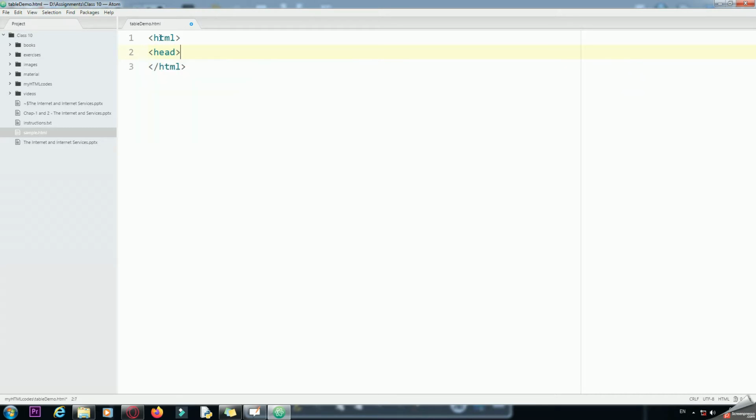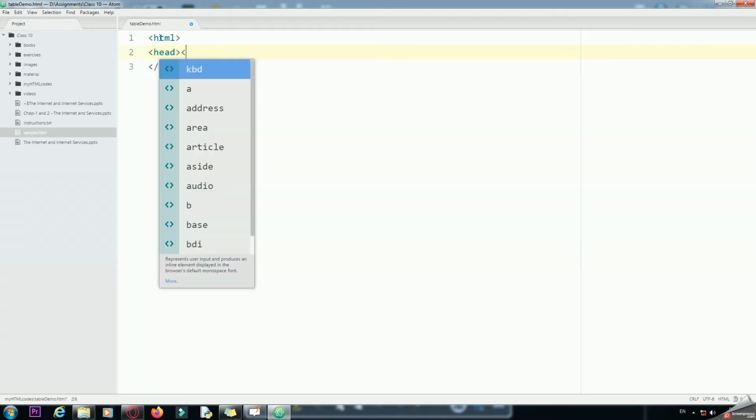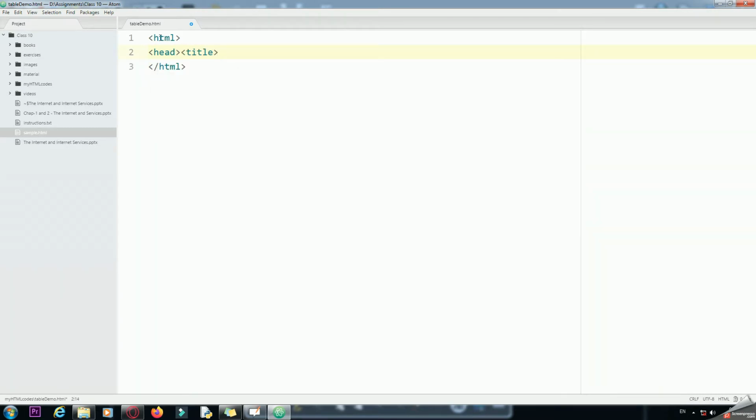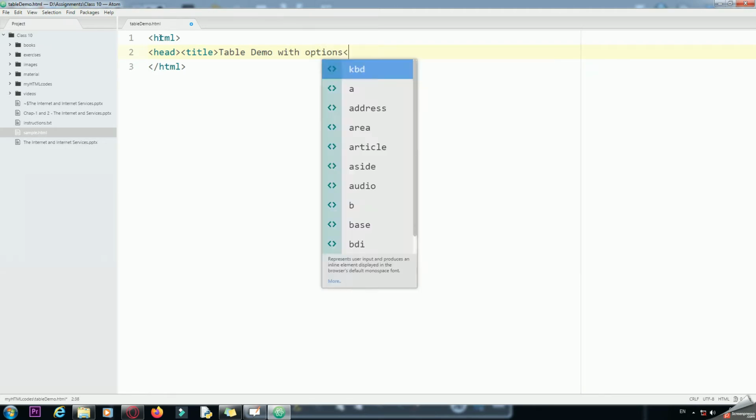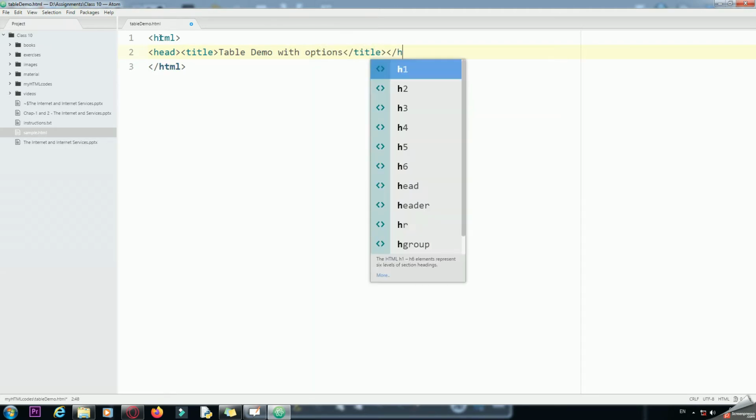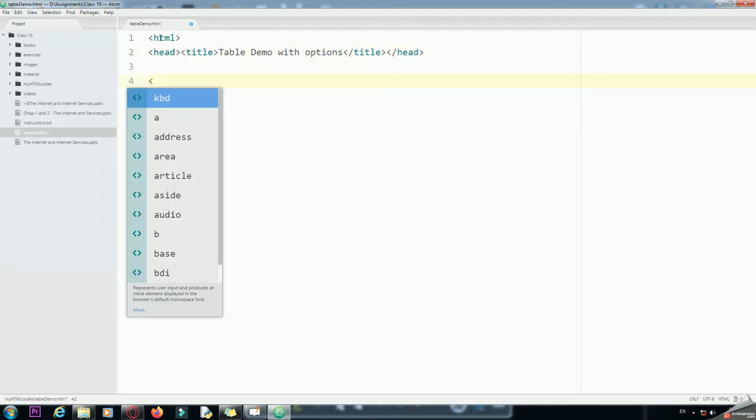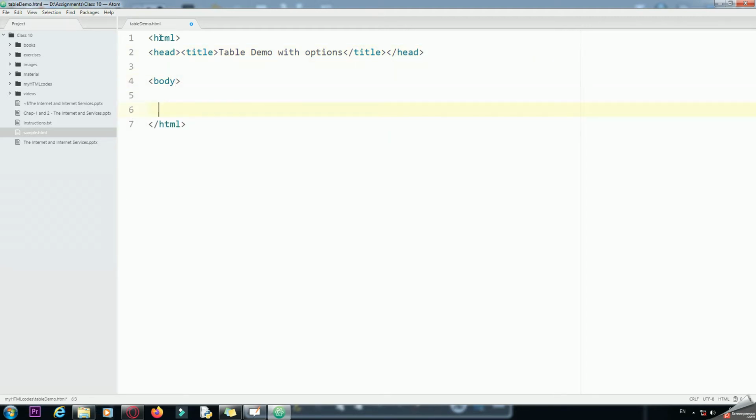So we first see HTML, table demo with options, close the title tag, close the head tag, start the body tag, and end the body tag. Now within the body tag I will start the table tag and end the table tag.